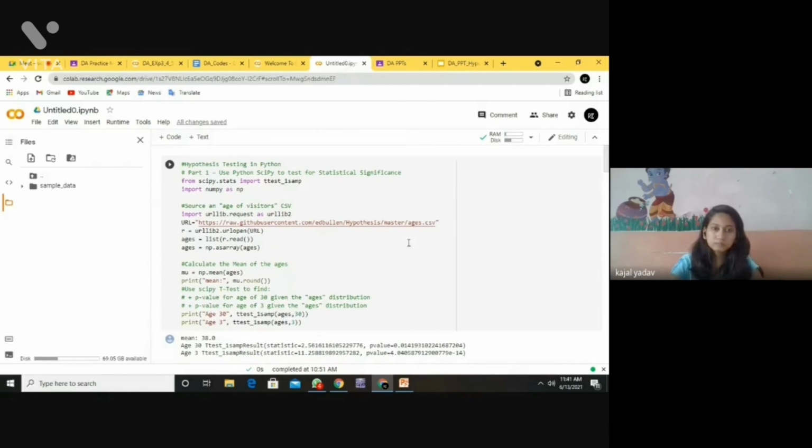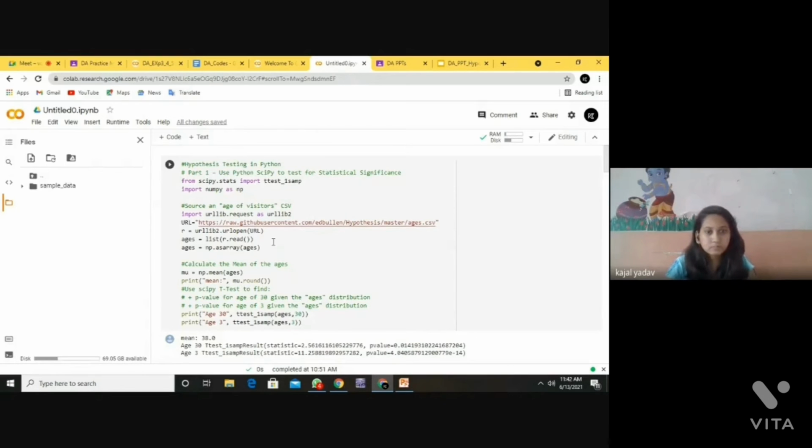We import scipy stats as test, and import numpy as np. Then we import urllib request as urllib2. This is the link for the execution csv file.